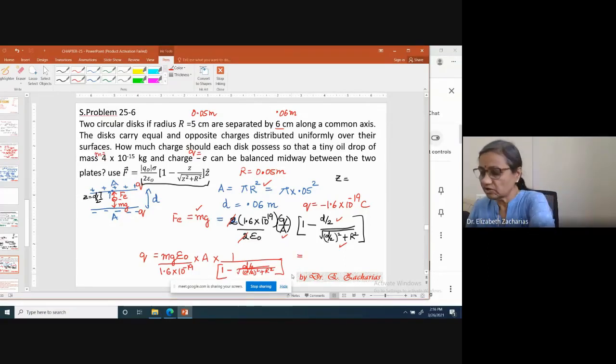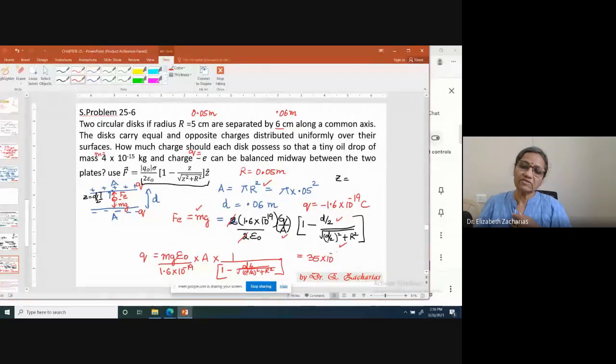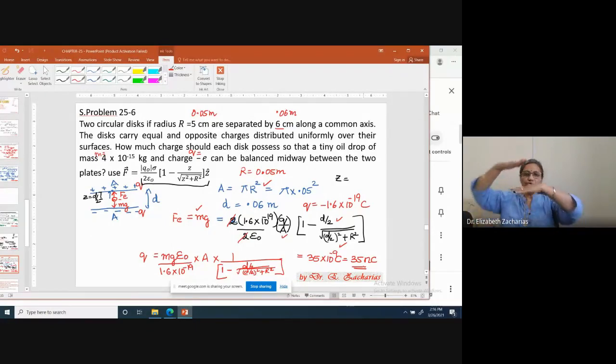Okay, so I just worked out this problem. The value of Q that was obtained was 35 into 10 to the power of minus 9 coulomb, which is 35 nano coulomb. Okay, so look at this very simple idea. A plate carrying a charge will attract or repel a point charge. So you take two plates, and in between them you suspend an oil drop by suitably charging these two plates. So what is happening? Mg, which is pulling it down, is counteracted by the push from the lower plate and the pull from the upper plate. That's it.